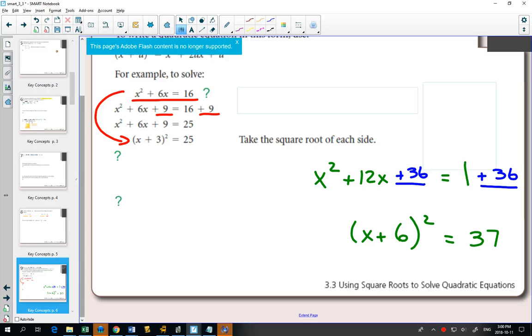So as soon as I see this 12x, by the patterns we were starting to notice, you know that in here has to be a 6. And then that 6 tells you that here would have had to have been a 36 in order for that to work. And if I add 36 to this side to make it work, I need to add 36 to the other side. What we've done is we've taken something, the x squared plus 12x, and we've changed it to a perfect